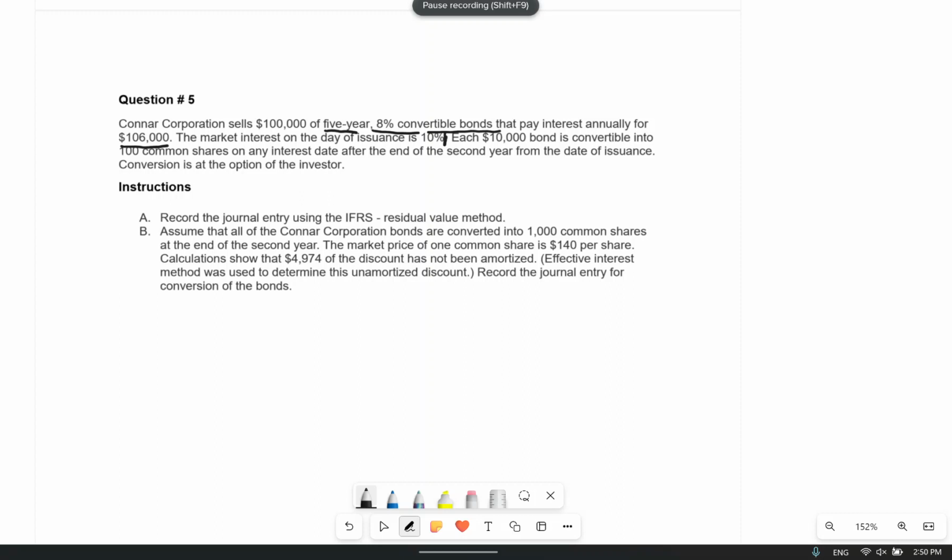So what we have is a present value of our bond, and a future value of our bond. And then what they told us is that we issued this convertible for 106. So the cash is 106, but we needed to calculate the present value of our bond. So we can distribute how much should go to my contributed surplus conversion rights, right? So the face value of your bond is